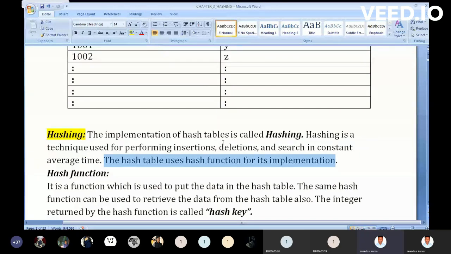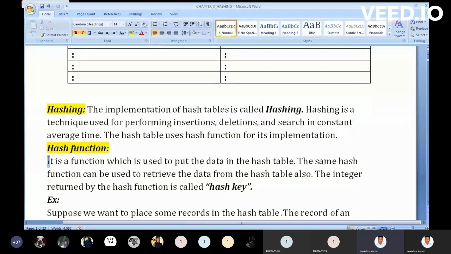Did you find the difference between a hash table and hashing? Yes, sir. Hashing is the implementation of the table. How do you implement it? By using a particular function called the hash function. So now we see what a hash function is. Next thing is the hash function. What do you mean by hash function? It is a mathematical function. It is a function